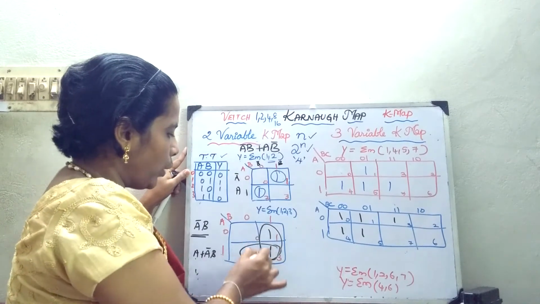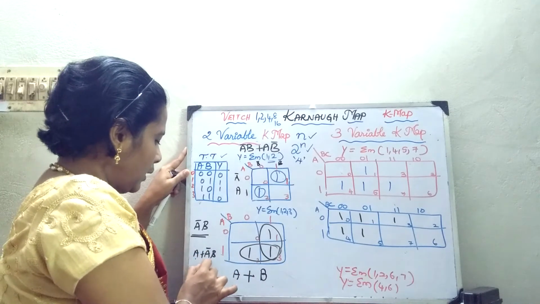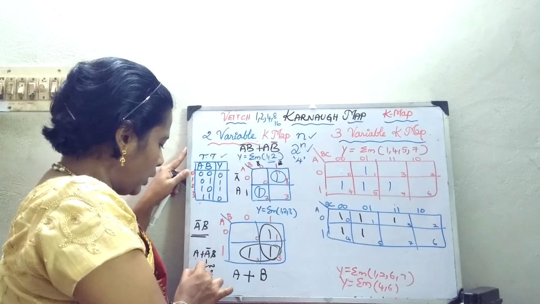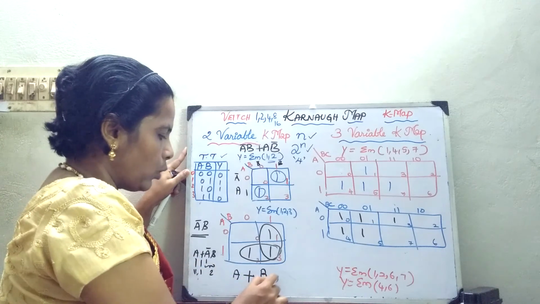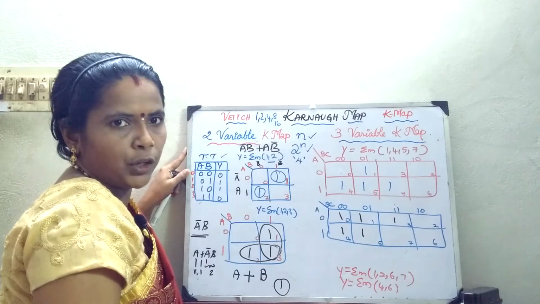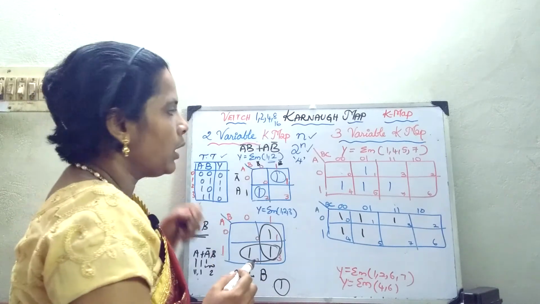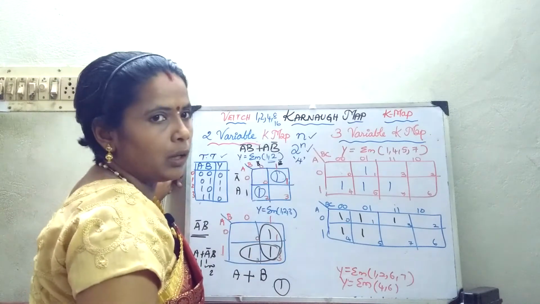So, in this case I go in for a 2 cell grouping instead of single cell grouping. You can see here one gate, and this is one gate, and here one gate, and here one gate, 4 gates, whereas here only one gate I have to use, one OR gate. I will finish the circuit. Okay, so that is the advantage of going for your higher cell grouping. Now, we will move on to your 3 variable K-map.